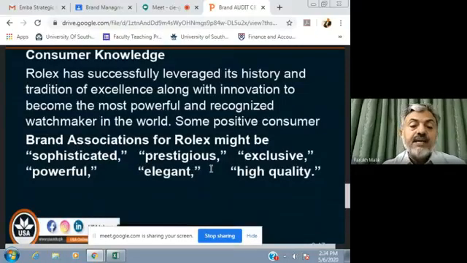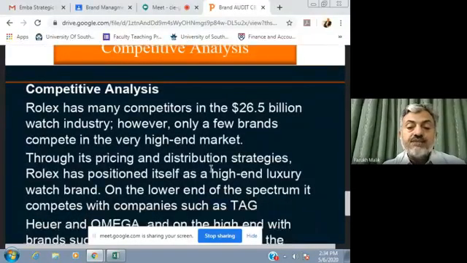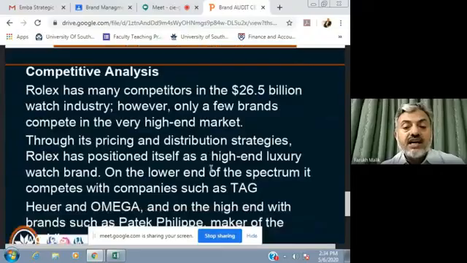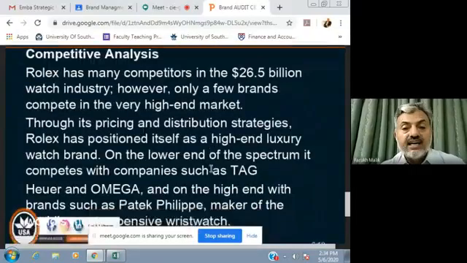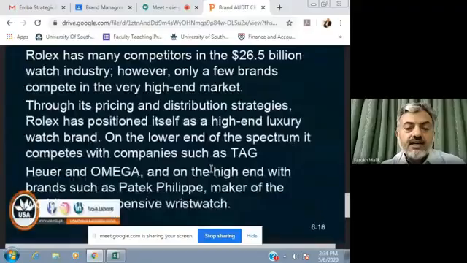Then competitive analysis should be conducted in brand exploratory, and all the competitors who are operating in this market of $26.5 billion of watch industry, what is their market share, who are the customers that they are targeting. Now, there might be a watch company which does not sell millions of pieces every month, but they are